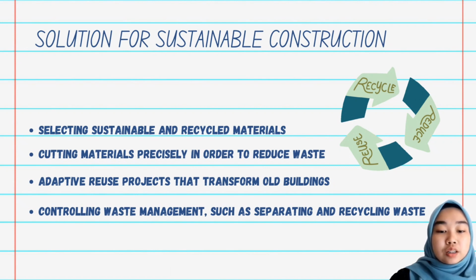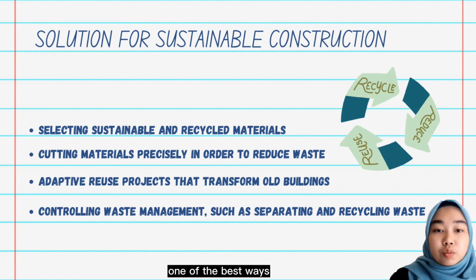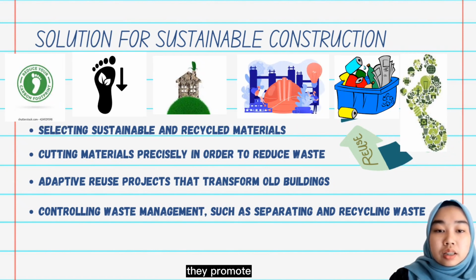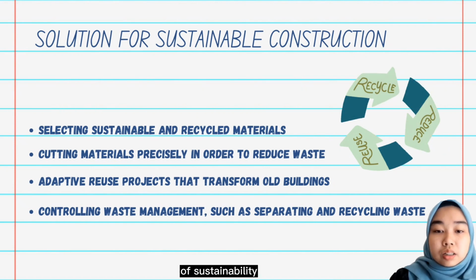We have 4 methods. 2 methods will be introduced by me, Nur Afika Saira, and another 2 methods by Denisha. So the first method is selecting sustainable and recycled materials. One of the best ways to practice sustainability in construction is through the materials that are used. A new generation of stronger, lighter, and more sustainable building materials can help solve many problems in the industry as well as push current practices to be more sustainable. These materials have the added benefit of protecting the environment by reducing the carbon footprint of the buildings that use them. They promote a cleaner earth and a future of sustainability while also being aesthetically appealing and much more efficient.